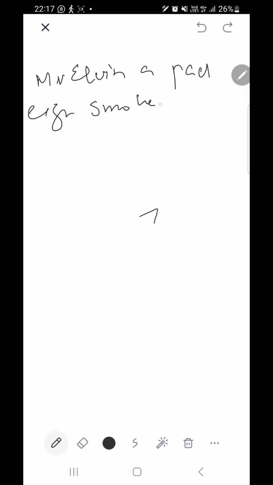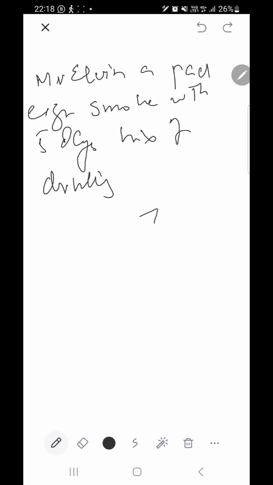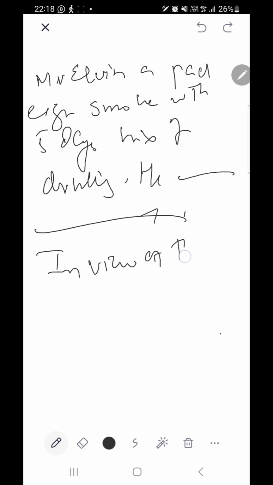Then we can write it in one paragraph: Mr. Elvin, a pack-a-day cigarette smoker with a 5-day history of drinking. Write the point as well: he has a negative family history of cardiac disease, and then you can conclude. In view of the above,